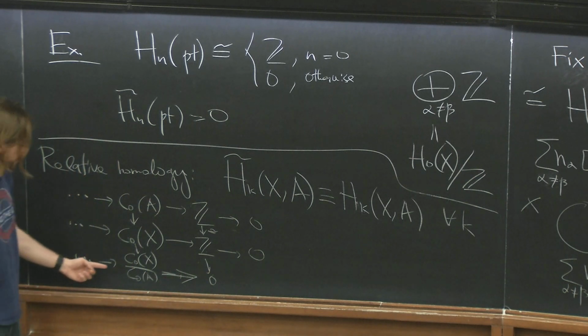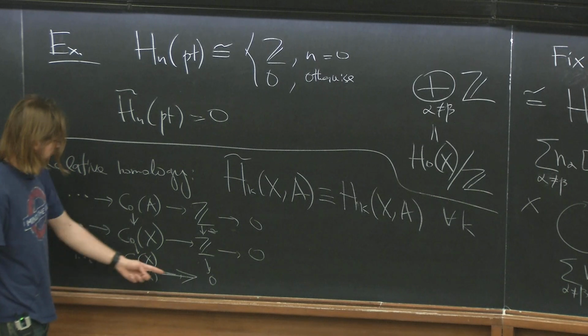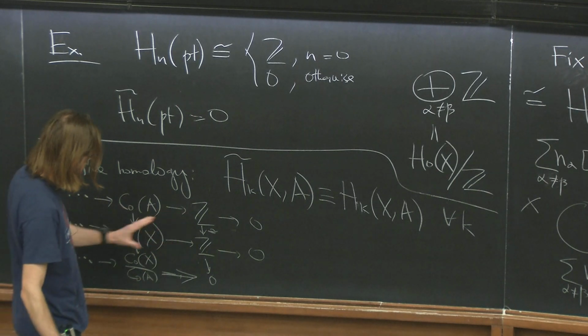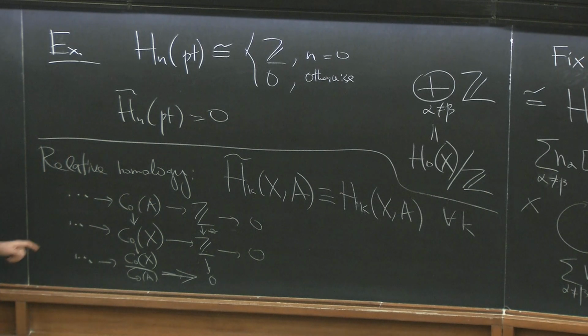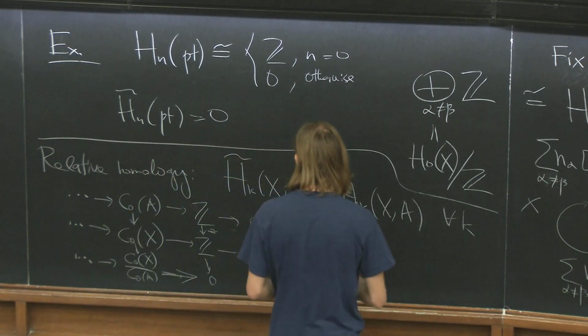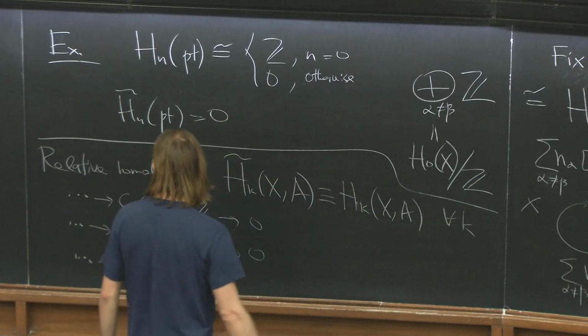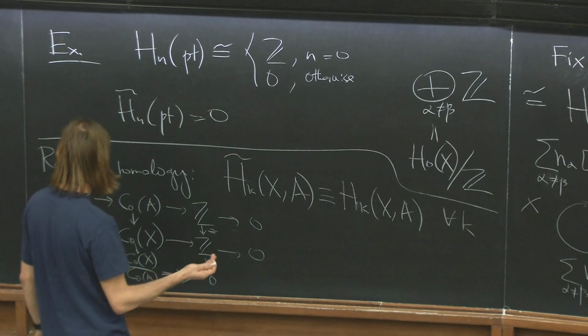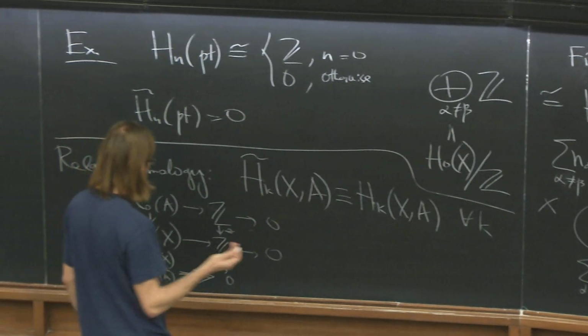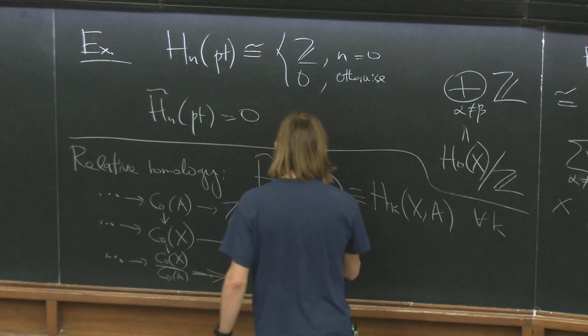So for the relative homology, we don't need to actually modify anything, if you want to still preserve the fact that the triple of chain complexes forms a short exact sequence of chain complexes. And so we don't modify. So you can say that reduced relative homology groups are just the same, and then